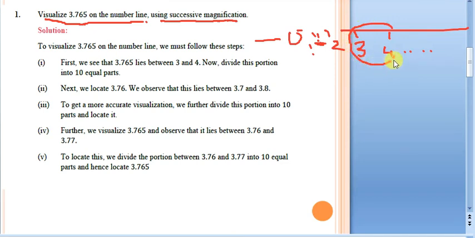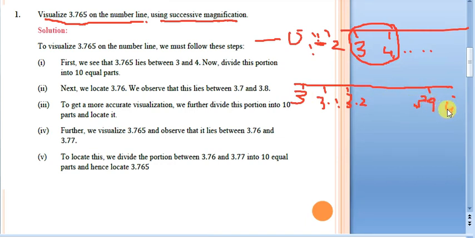So what we have to do, we have to magnify, we have to zoom this region and just take 3 at one end and 4 at the other end. So in between what numbers you will have? You will be having infinite, but out of that you will be taking only 3.1, 3.2, 3.3, like we have to make 10 equal divisions here. So our last number is going to be 3.9 and the last end will be 4.0.